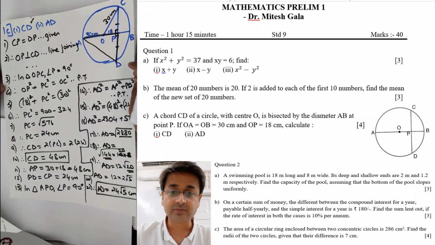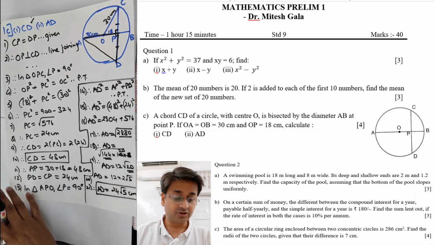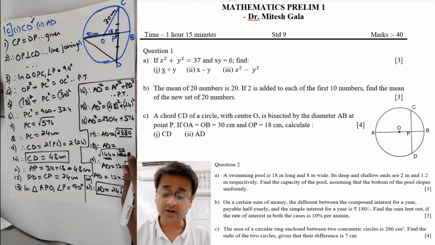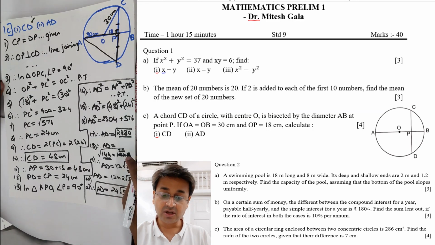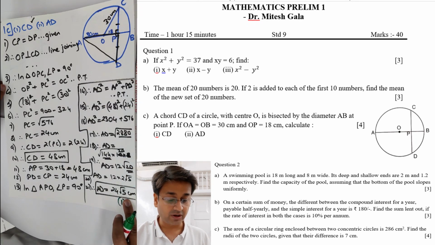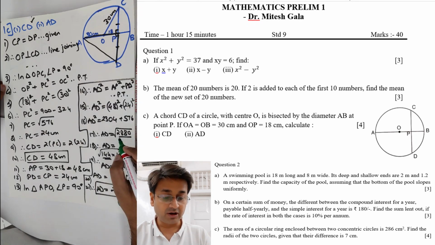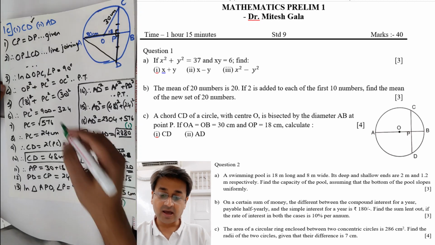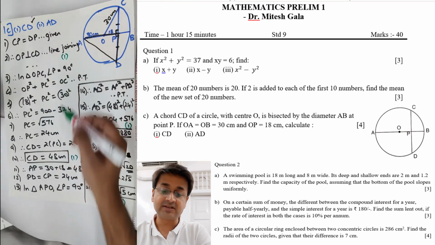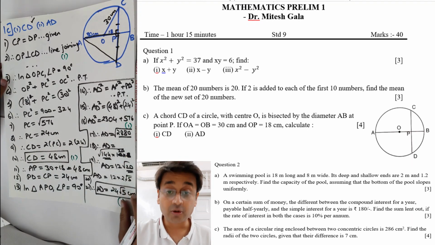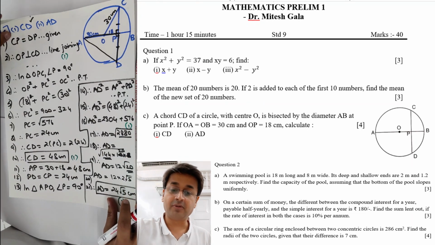No need to get into decimals because they've not asked you to do that, so you can leave it here and it's absolutely fine. Your mark distribution, it's a 4-mark question. So first 1 mark, let's go reverse. 1 mark for getting this 24 root 5, then 1 mark maybe for applying this Pythagoras theorem, 1 mark for getting the CD part correct, and 1 mark for proving that this is perpendicular. That's how you can give 4 marks to yourself. Yeah, I hope you got a 10 on 10 in question number 1.